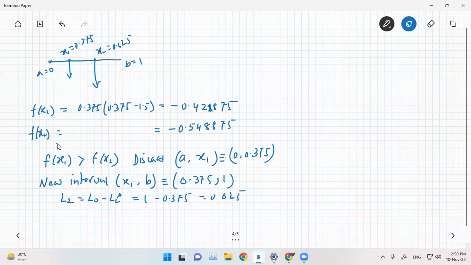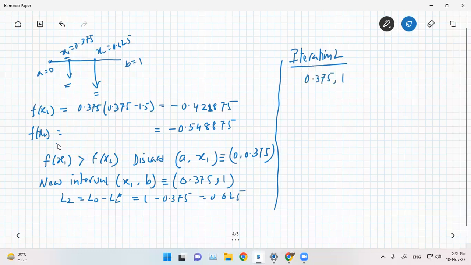So as you can see, in this case, we have two experiments. So this is 1, this is 2, x1 and x2. Now, once we take the next iteration 2, one of these values, x1 or x2, will be retained, then the other one will be introduced. So that is why in the next steps, instead of having two new experiments, we will have only one experiment. So in iteration 2, the new interval we already know is